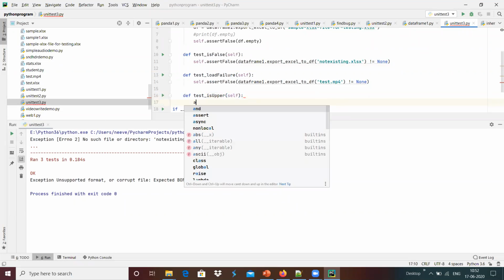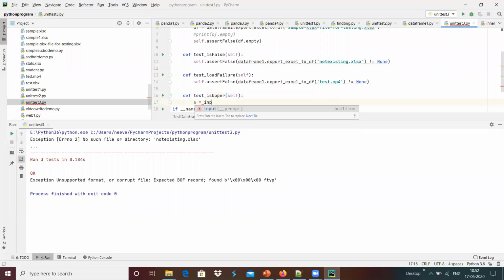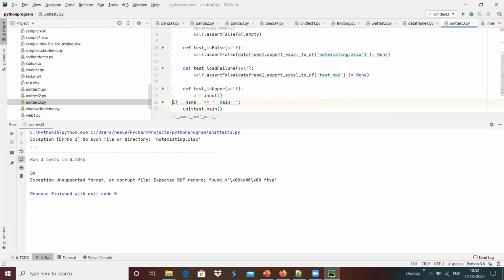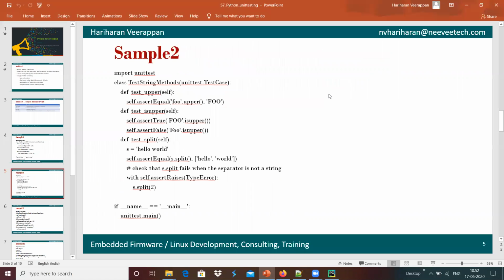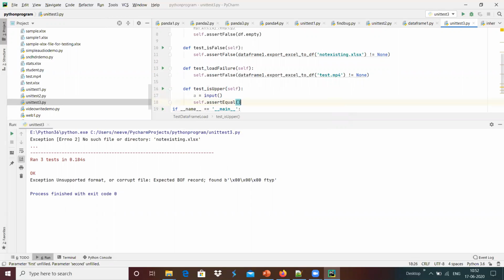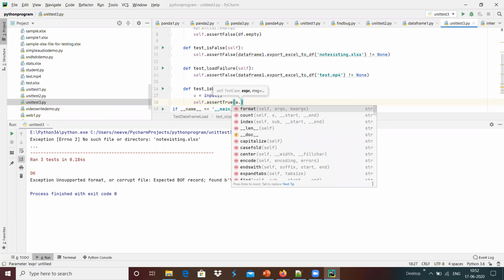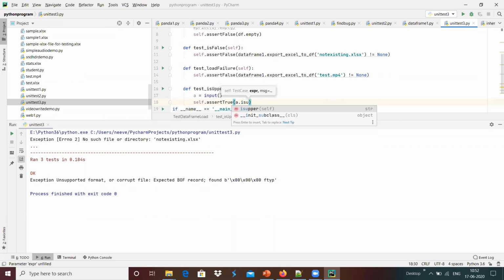and maybe I'm going to receive an input over here, and once it is done, maybe I'm going to do self dot assert true, maybe assert true or false, maybe assert true, and I'm going to do a dot is upper.